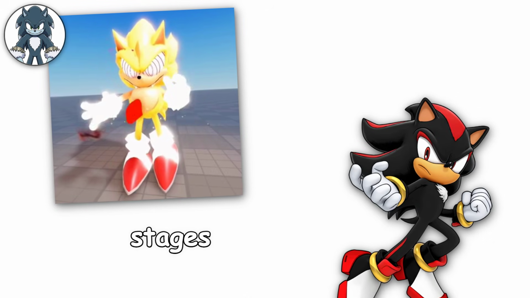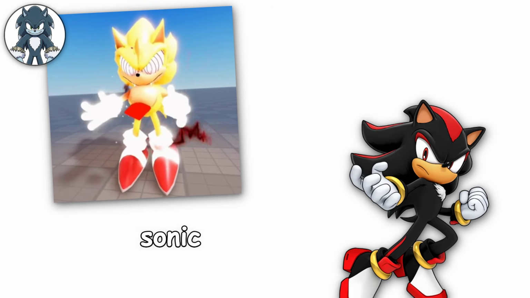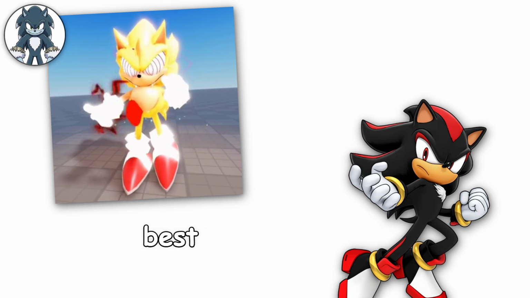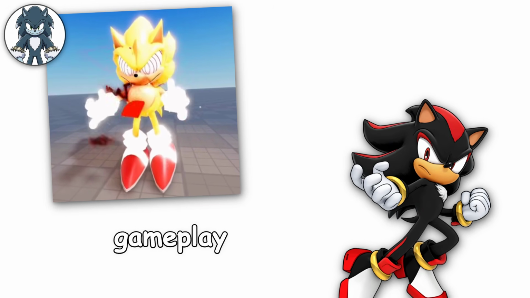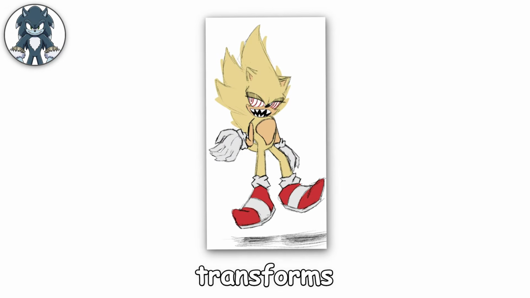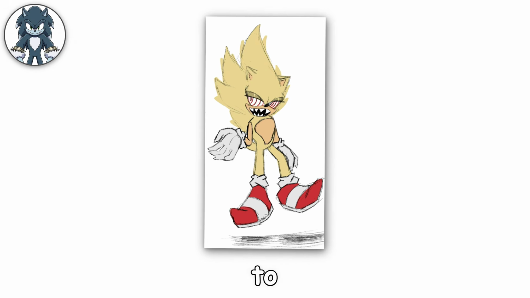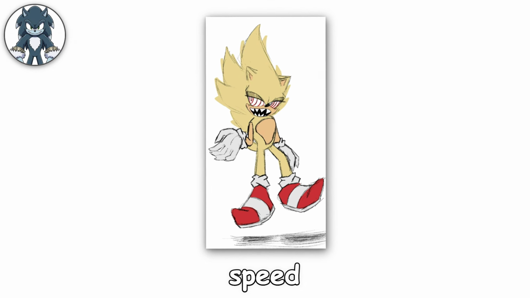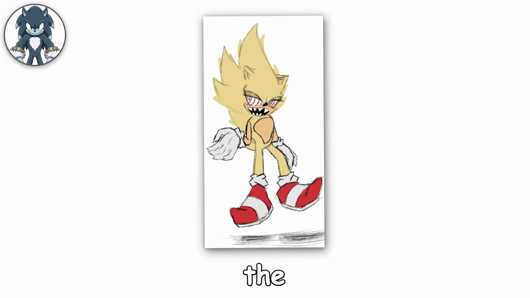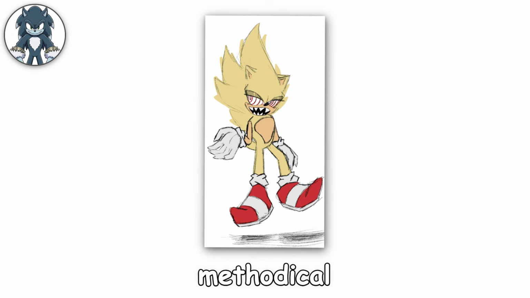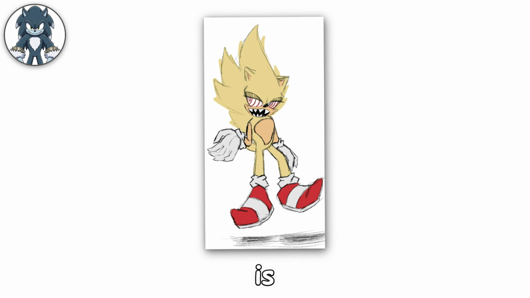During daylight stages, Sonic plays as standard modern Sonic, running through high-speed levels with the boost mechanic that defined the best moments of Unleashed's gameplay. At night, Sonic transforms into the Werehog, his body expanding, his arms elongating to cartoonish proportions, his speed replaced by strength, and the gameplay shifting from a speed platformer to a slow, methodical beat-em-up whose pace is the antithesis of